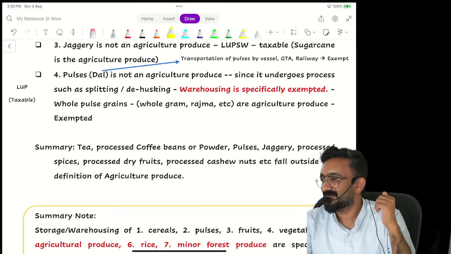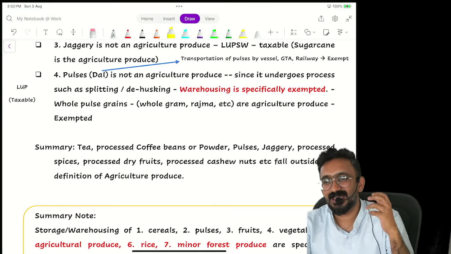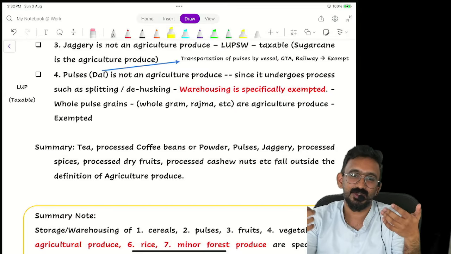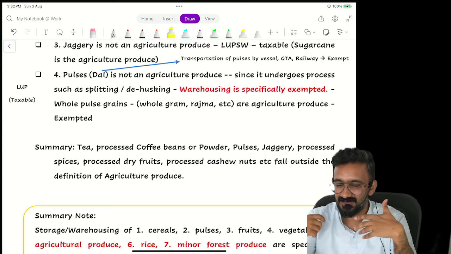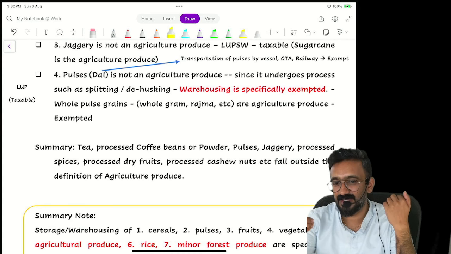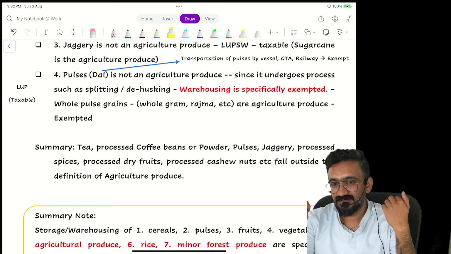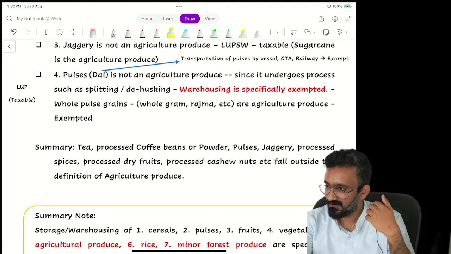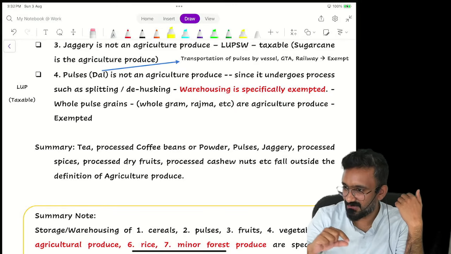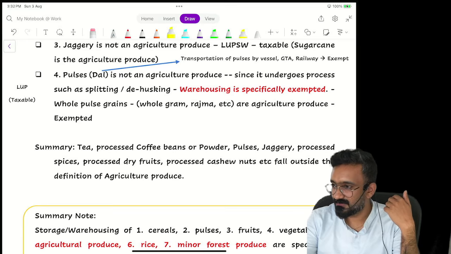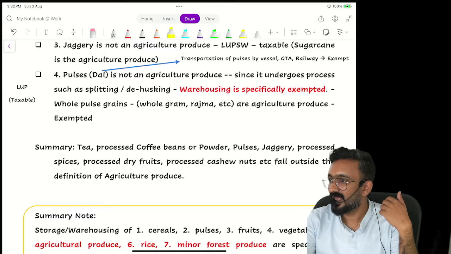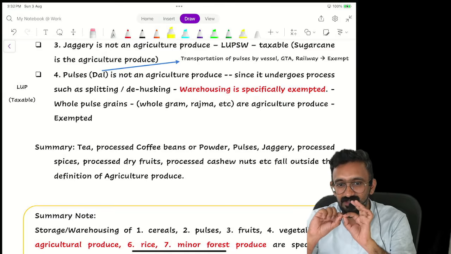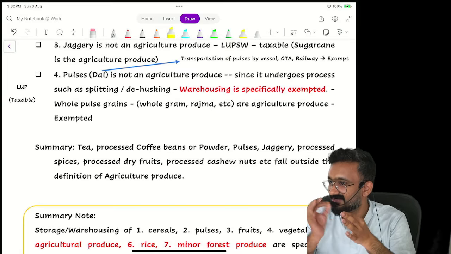Anyway, so the pulses, they're saying that it goes through processing. What is the original agriculture produce from which we make these pulses? From what we make paruppu? We make it from the whole pulse grain. Say green gram. We have different pulses, no? Green gram is a pulse. From channa you have a pulse. There are multiple types. And how do you make this? They're saying that you have to take out the outer layer, the husk, we call it.